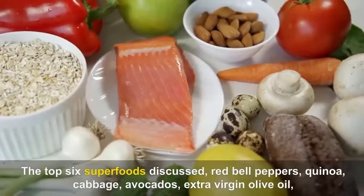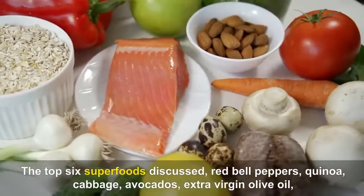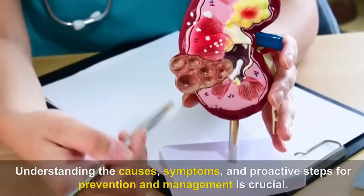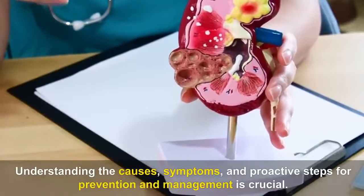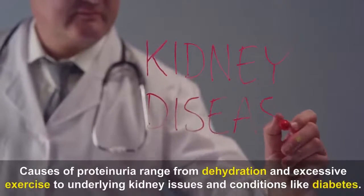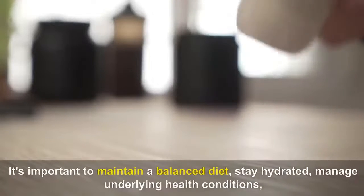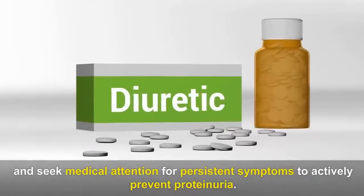The top 6 superfoods discussed: red bell peppers, quinoa, cabbage, avocados, extra virgin olive oil, and walnuts, offer promising avenues for managing proteinuria and supporting kidney health. Understanding the causes, symptoms, and proactive steps for prevention and management is crucial. Causes of proteinuria range from dehydration and excessive exercise to underlying kidney issues and conditions like diabetes. It's important to maintain a balanced diet, stay hydrated, manage underlying health conditions, and seek medical attention for persistent symptoms